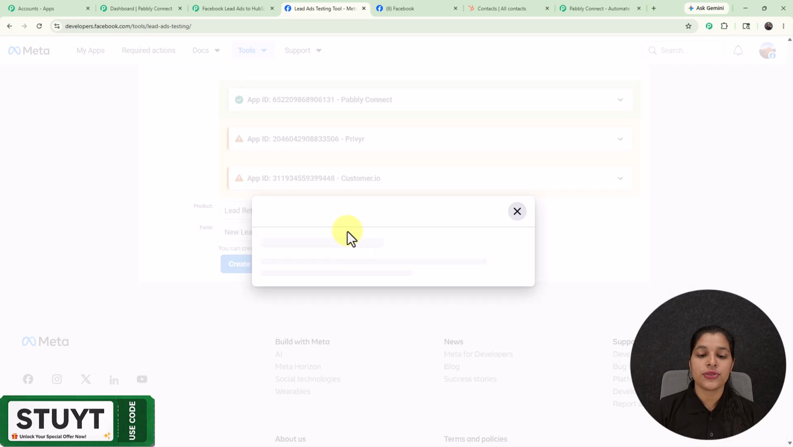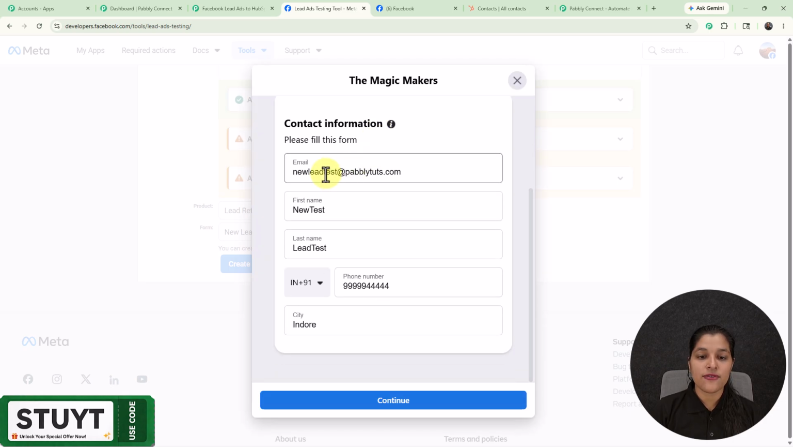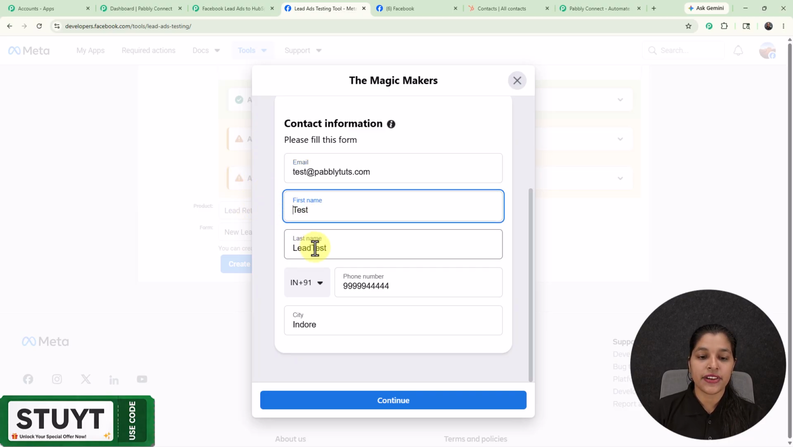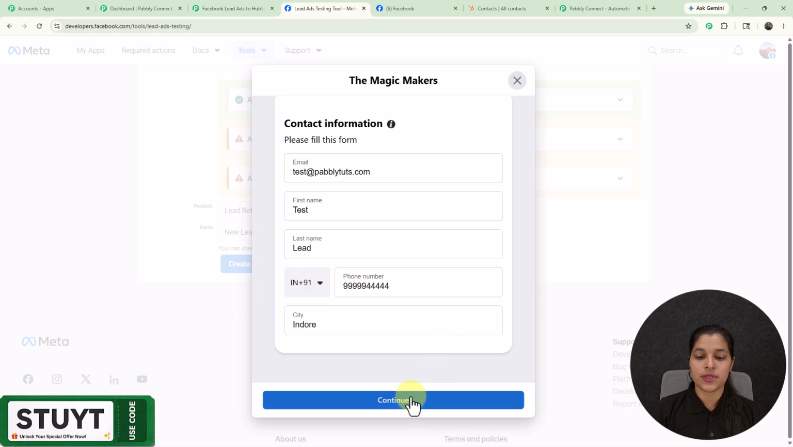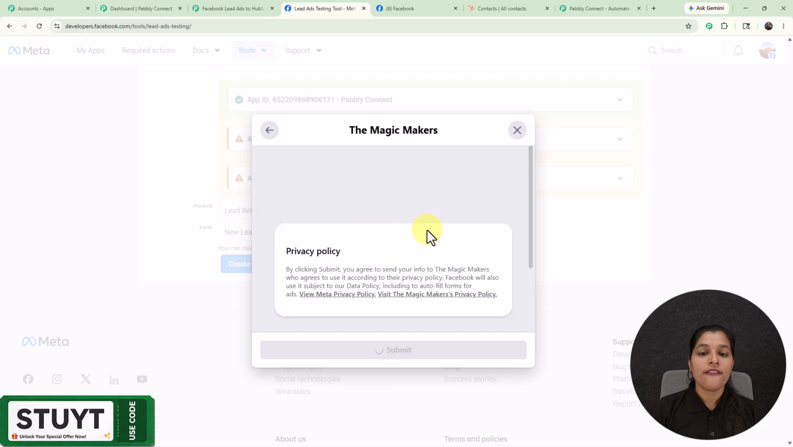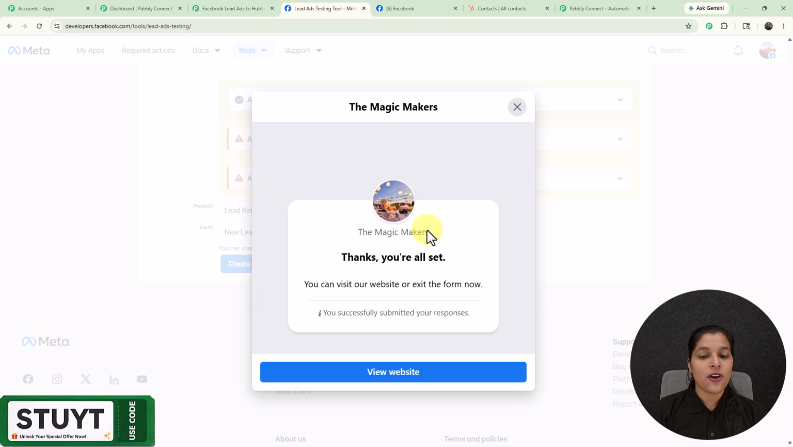Now we just have to click this Preview Form button, and right here we are getting this form which I'm going to fill. So here I'm going to fill this form, providing the email as test@pabblytudes.com, first name as test, last name as lead, and here I have entered the phone number and the city as well. Now let's click this Continue and Submit button for submitting our Facebook lead ads form,